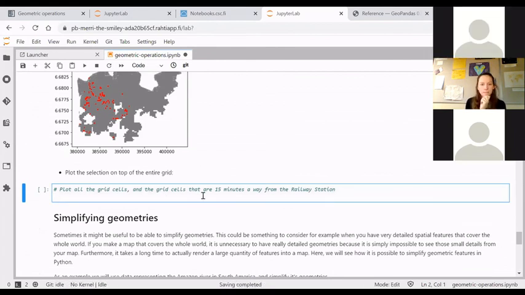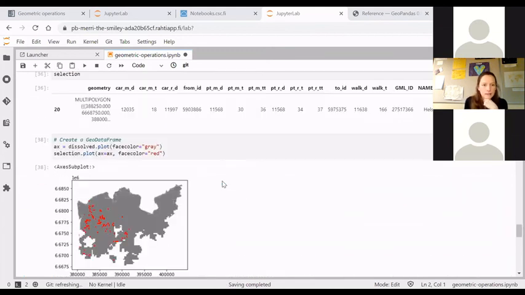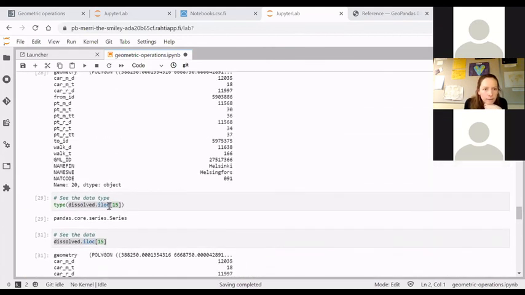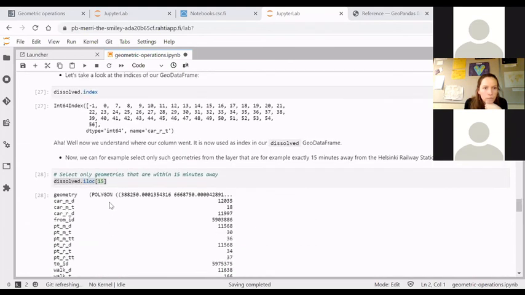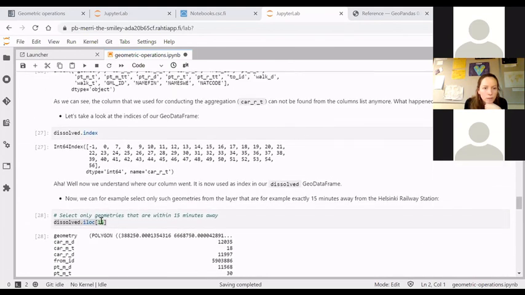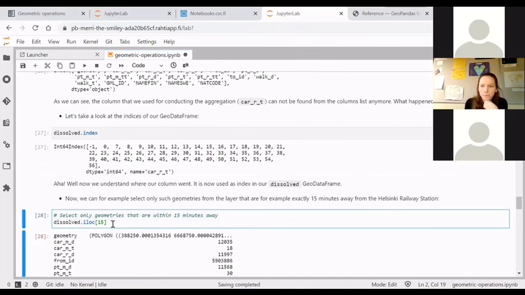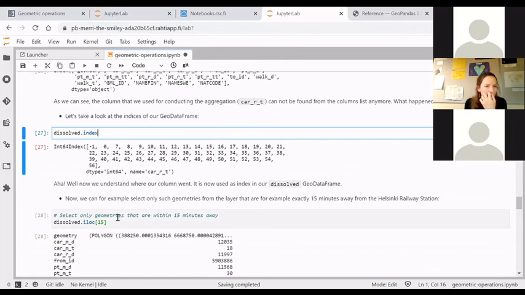Hello, Boko. Yeah. There is an interesting question in the chat about the selection with a 15. Maybe you can answer it. Yes, I think it's important. Didn't we just select the 19-minute cells? Let's see. So you mean in here? In this one, I think you mean. So now that I'm selecting from the dissolved,